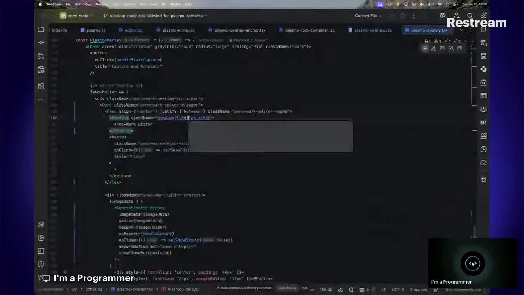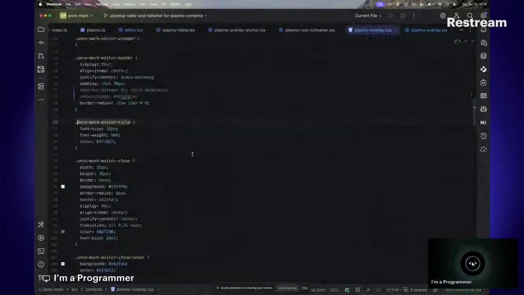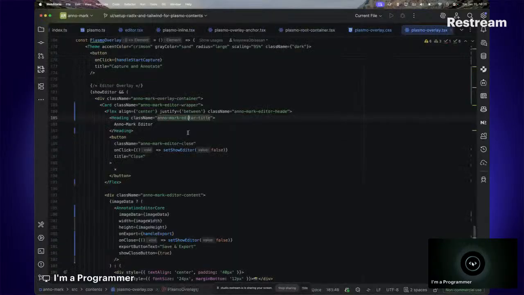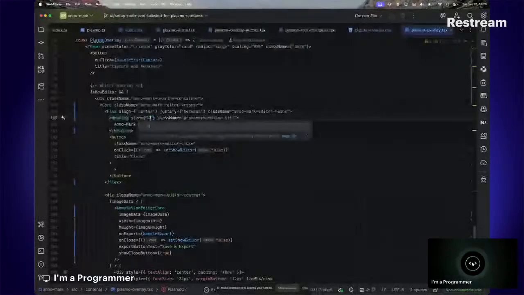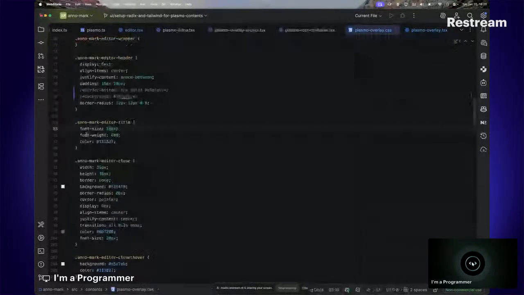So these are properties we can define on the heading, which is cool. For the Anomark editor title, we need to make some changes because it looks this way. It has a color, it has a font weight and a size. So we're not going to be using any of this. I'm just going to remove this as well. So using heading gives me the size, and the ability to use sizes like this. And if you consider this, we have the font weight to be